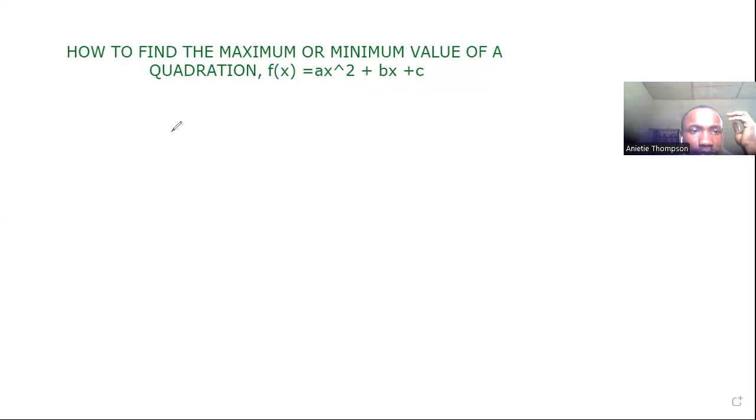Good morning. Today we have another special classroom to attend, and that is going to be on how to find the maximum or minimum value of a quadratic function. This is mostly always exam-type problems that you may see come up in any of the